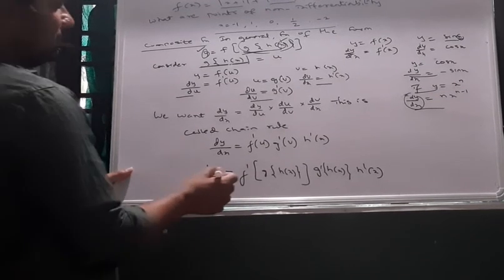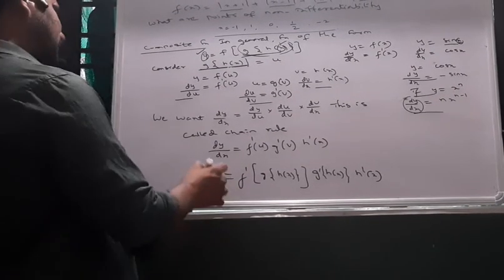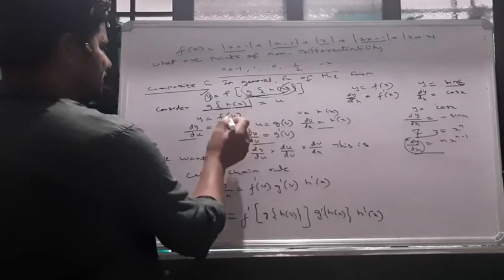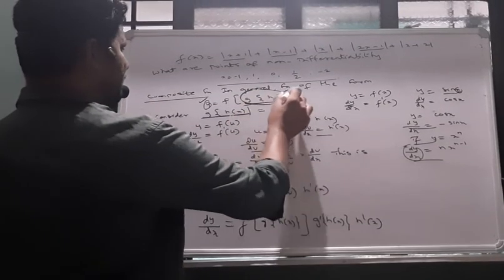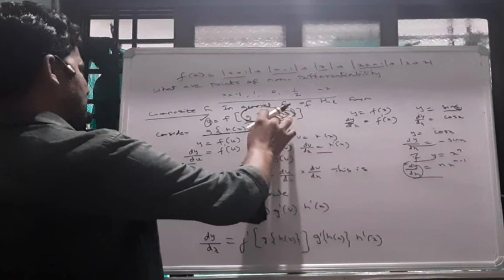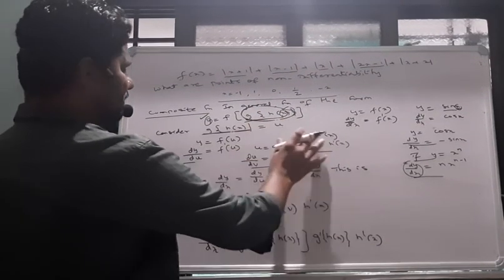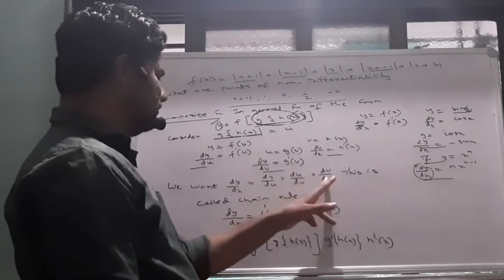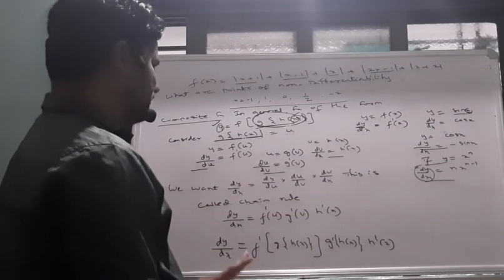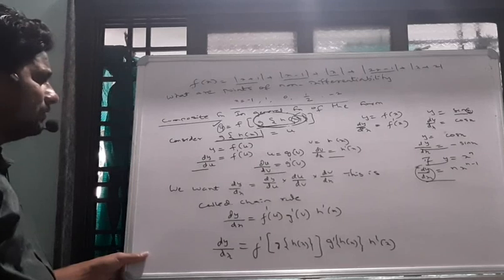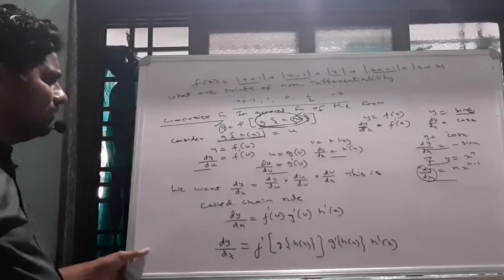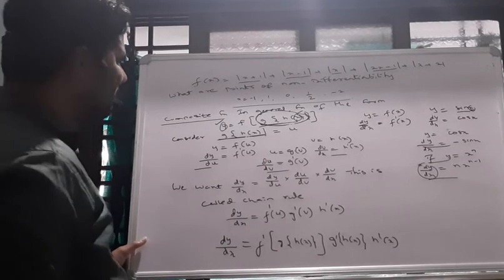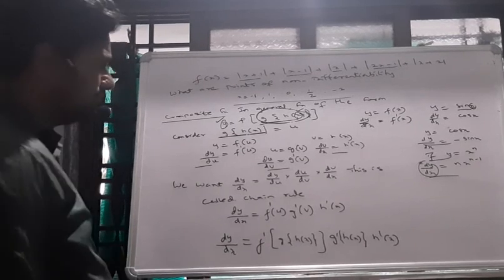So the derivative of the composite function is given. First, if it contains several functions, separate them, then find the derivative of each individually, so we get dy by dx. Fine. That is the derivative of the dependent variable y with respect to the independent variable x, if y is a composite function of x.